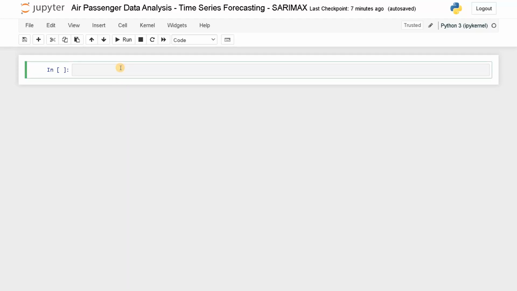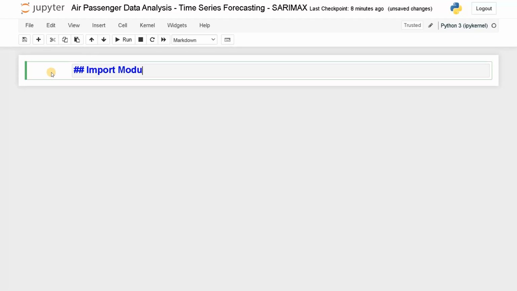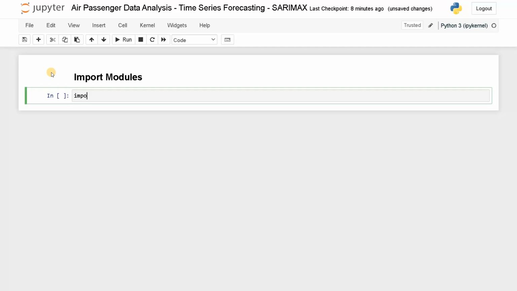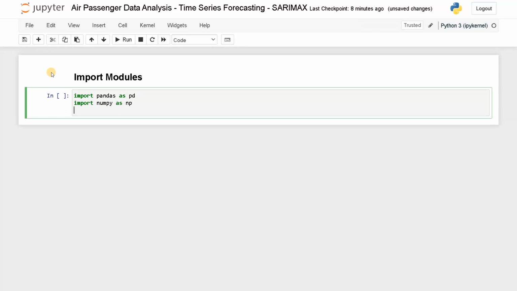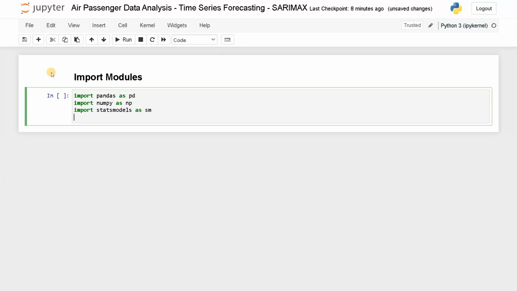First we have to import all the necessary modules. So let's import all the modules. Import pandas as pd, import numpy as np, import statsmodels as sm, because some of the functions we are going to use are from here, and from statsmodels.tsa.seasonal import seasonal_decompose,